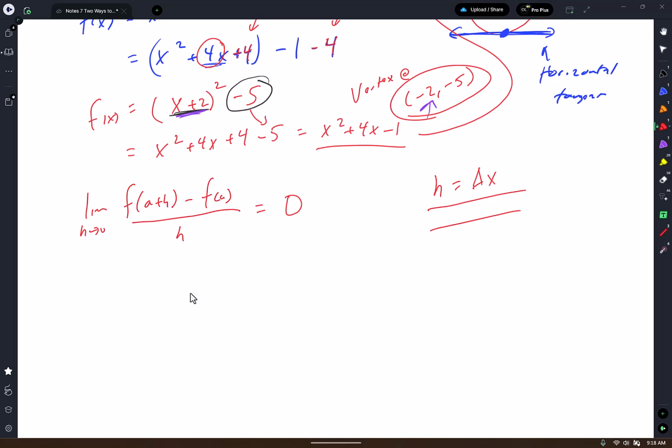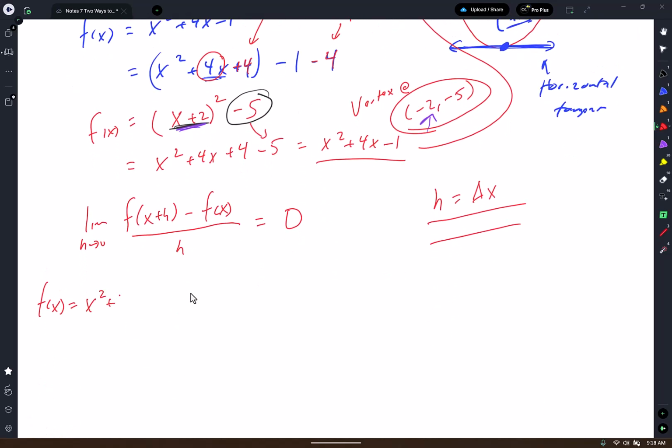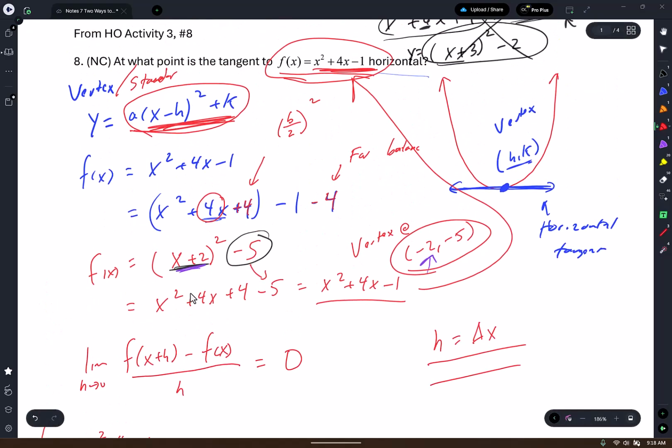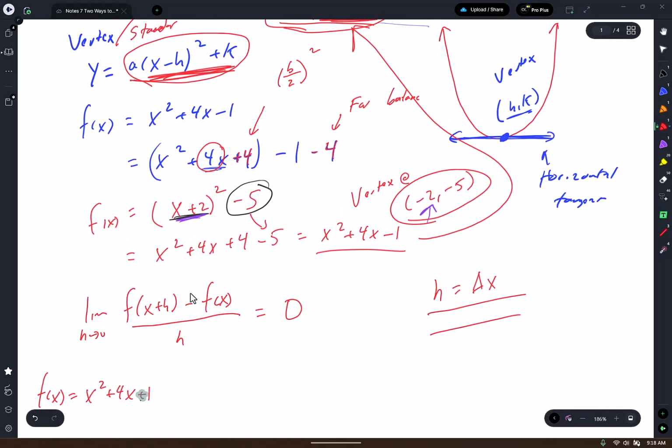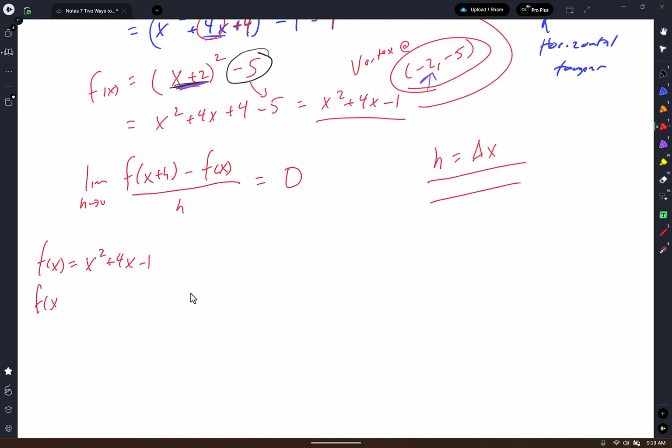0. I'm going to set that equal to 0, and I'm going to solve for x. So I'm going to do f of x plus h minus f of x all over h, and set it equal to 0. I already know what f of x is. f of x is x squared plus 4x plus 1. Oh, minus 1. I would have gotten it. I might have been safe. f of x plus h